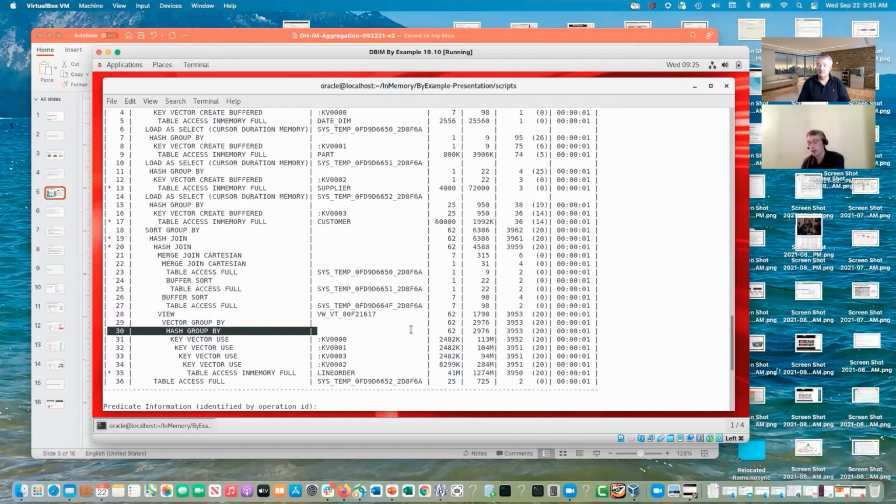Like 95% plus are fitting within 1 byte per grouping value. So dense, very small. Right, exactly. But it's not uncommon to see plans that have 16 key vectors. And then even if you have a small number for each one, you can rapidly run into the place where you need to use hash group by because,